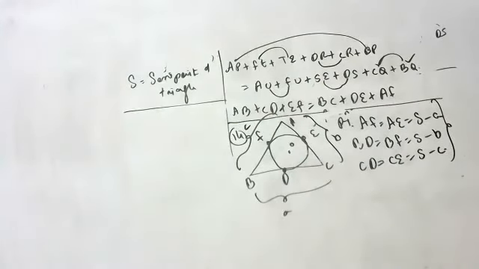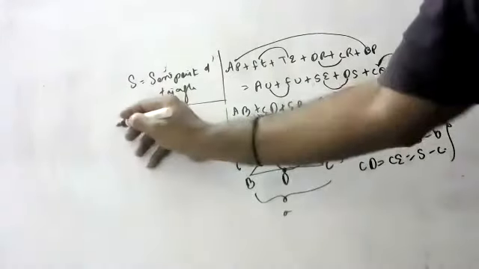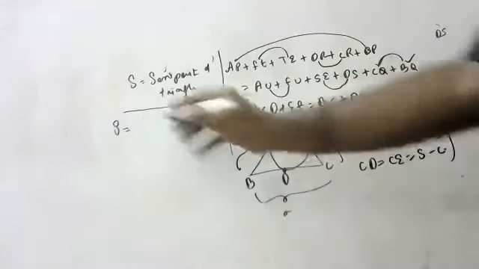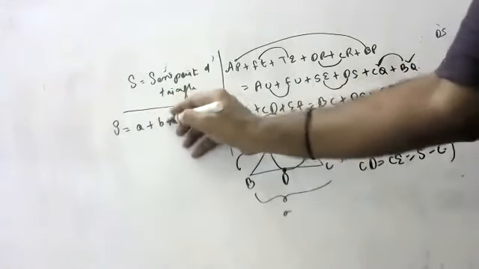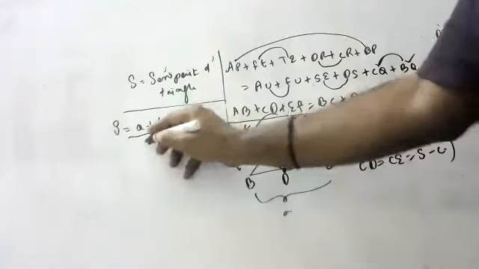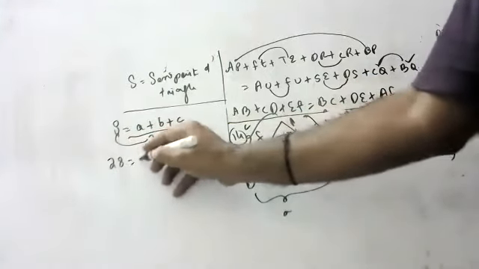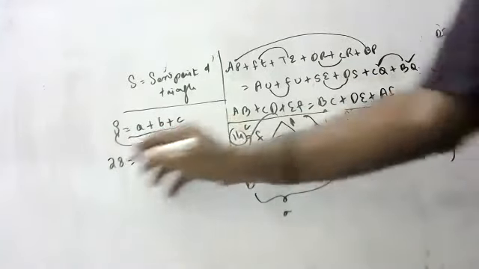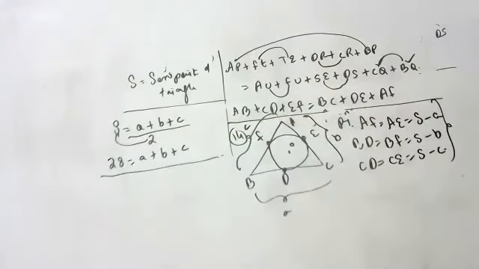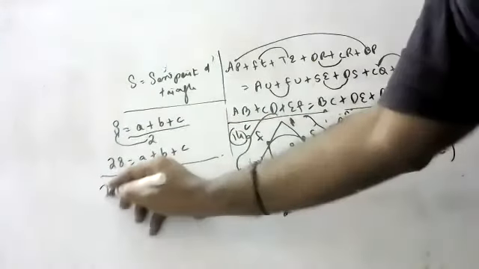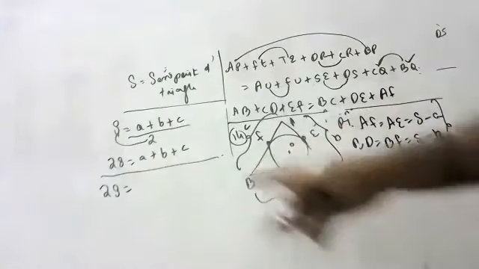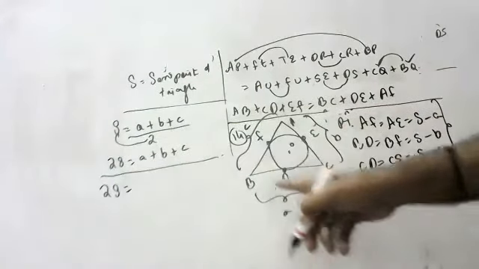Now we have to go on. This is a very big question. Anyone want to help me, or shall we go? Can we write S is equal to (a plus b plus c) by 2? So 2S is equal to a plus b plus c. Yatin, tell me, 2S is equal to, a means what? a is BC.